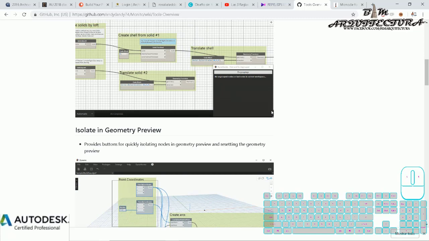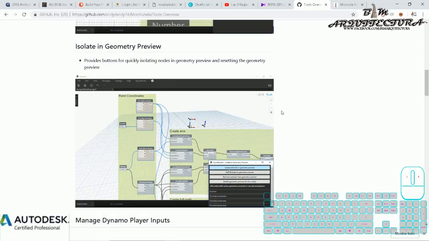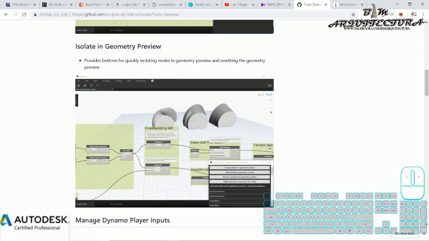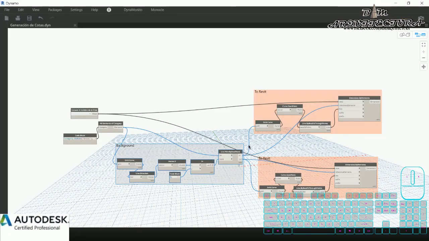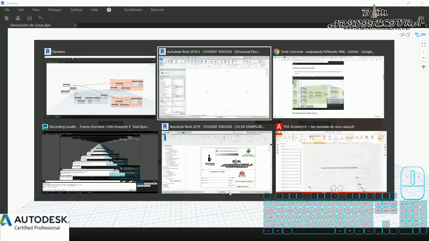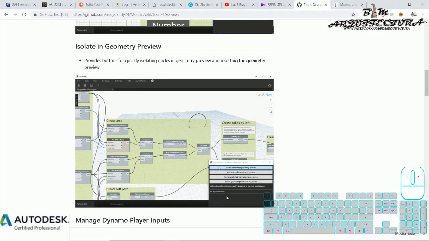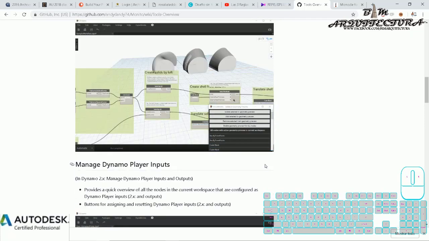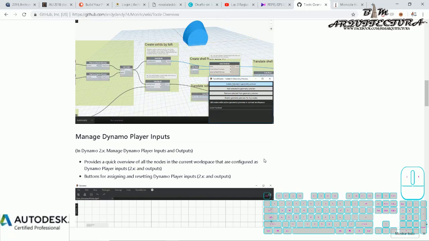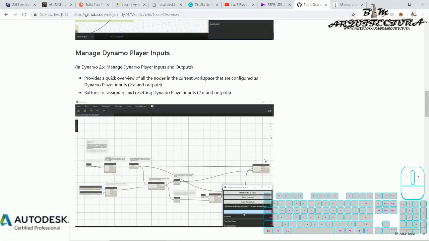Now another important thing is isolate in geometry preview. This is an element that I use a lot, because when you create some geometry in Dynamo, maybe you don't want to see the other previous steps that you created, and you only like to focus on particular geometry. It's very useful because you only need to select the particular nodes or group that you want to show in your workspace, and the other elements are hidden,